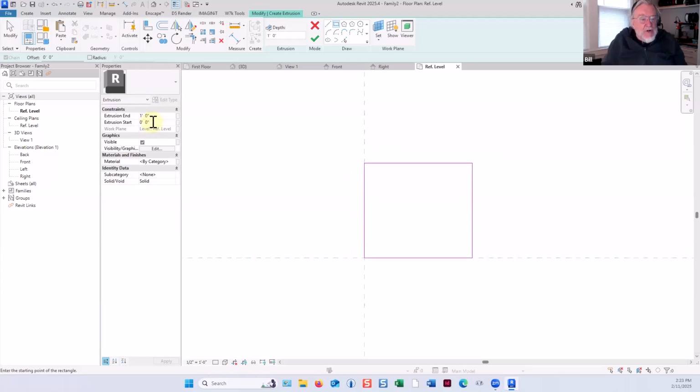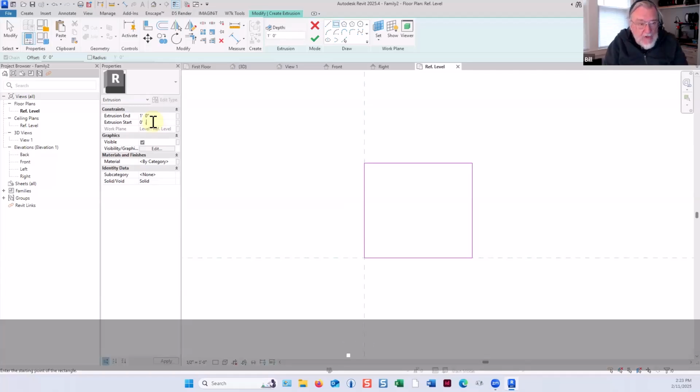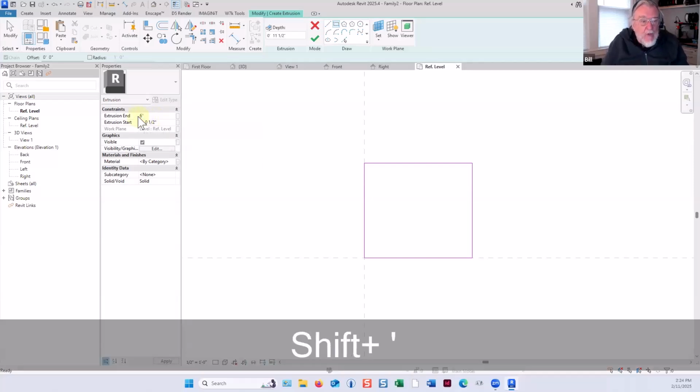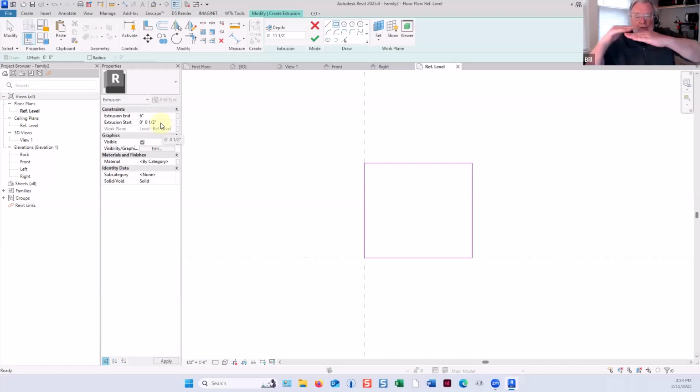And I'm going to have this start a 1/2 inch off the floor. So it's going to start at 0.5 inches. And it's 5.5 inches high. So we'll make it end up to be 6 inches. So it goes from the floor, it goes from 1/2 up to 6,